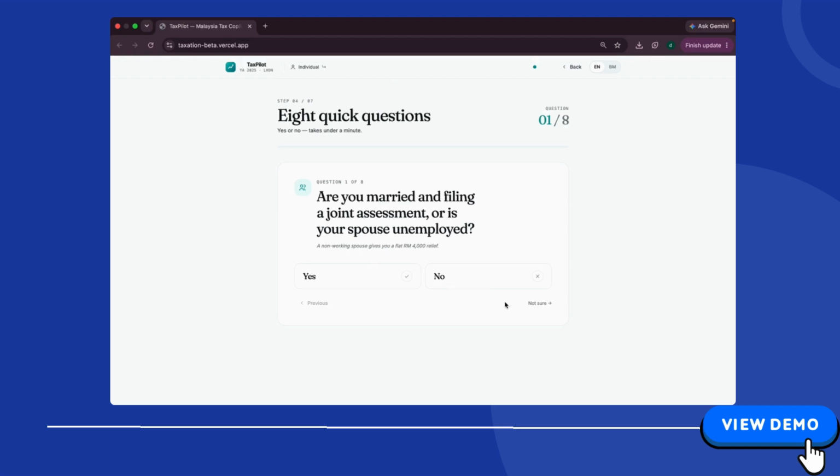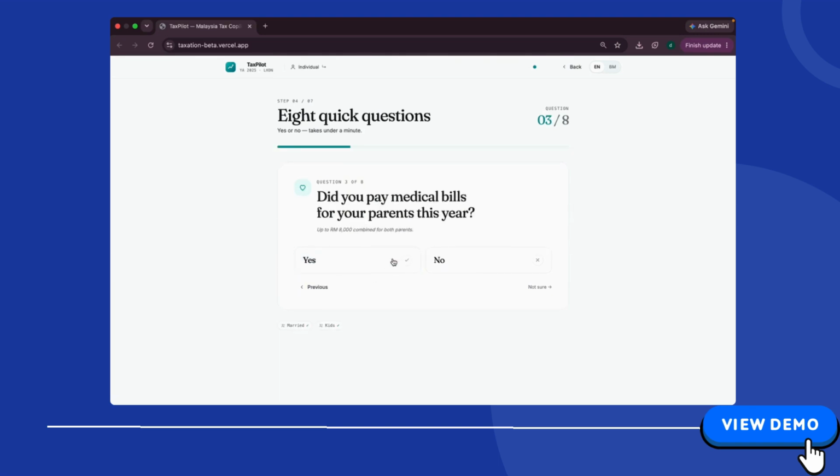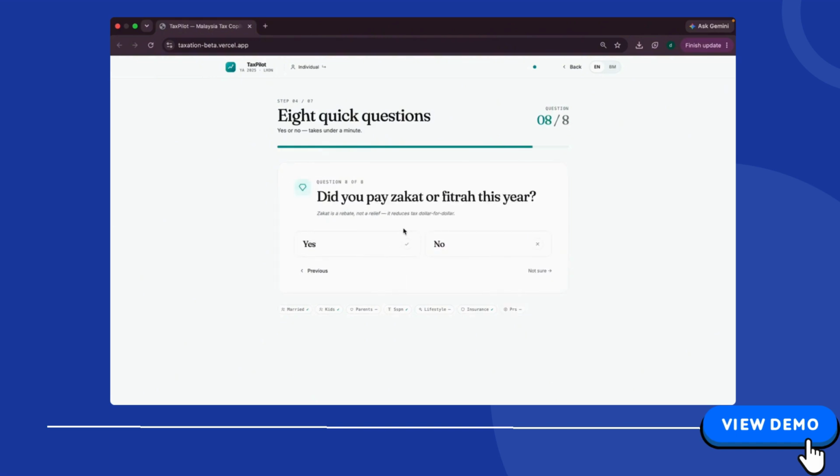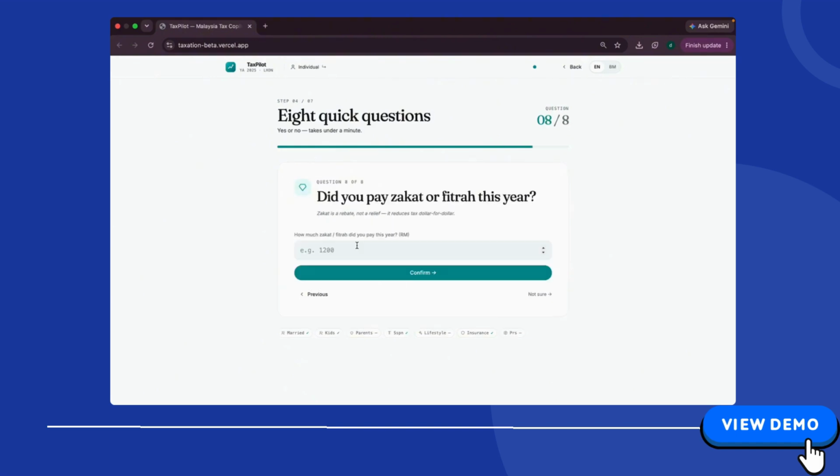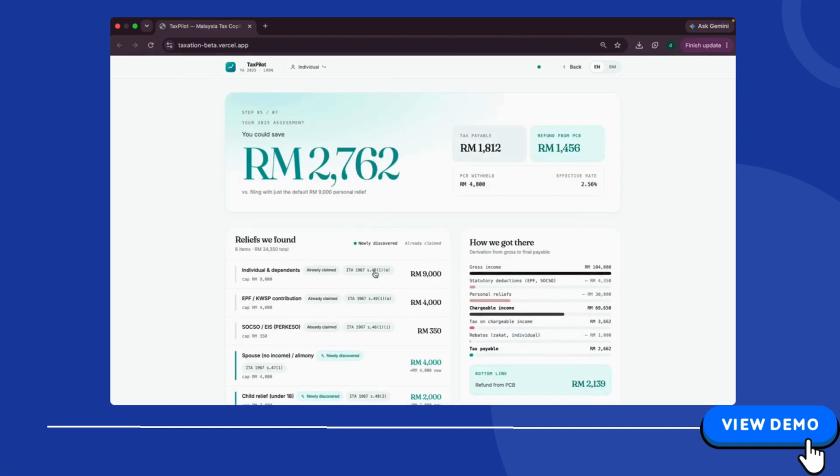Now the 8 quick questions, which are either yes or no and only take about 1 minute. For example, I will answer the first question, the second question, and the last question. For the zakat, when the user clicks yes, it will ask how much zakat the user paid this year. After I key in the zakat amount and click confirm,